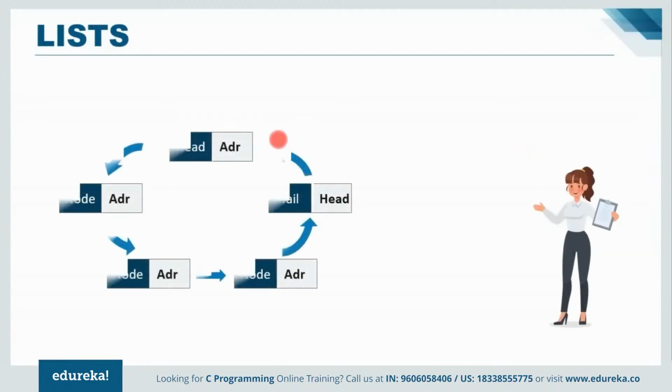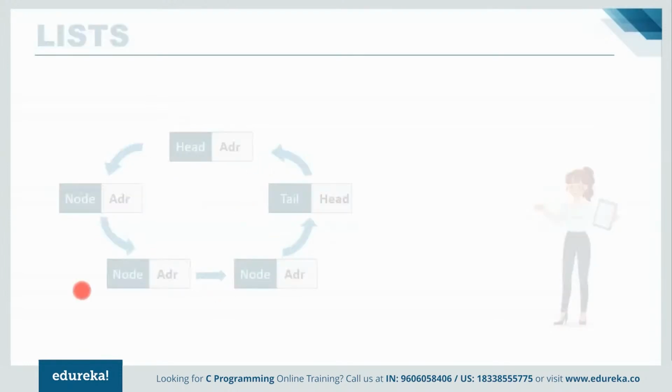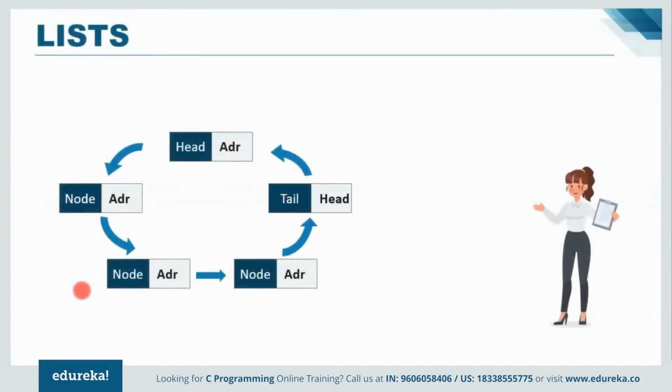Similarly, we have the circular linked list. A circular linked list is completely similar to the singly linked list. But the only difference is that the tail node will not have a null element. Instead, it will store the address of the head block or head node. So that's how it will be connected back to the head and the complete list will become a circular linked list. Now we shall execute the elements based on arrays, a single one-dimensional array, a two-dimensional array, and coming to lists we shall execute